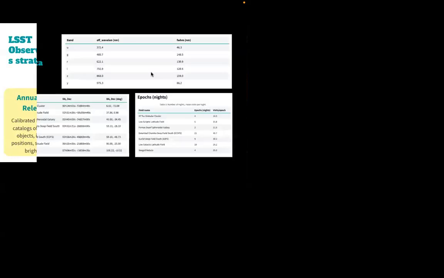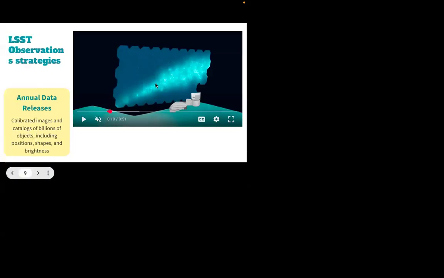So now, how is LSST going to observe the sky? Here you can see the different fields of view. As you can see, with one pointing of this telescope it will see one sky patch, and then it will go on to see the sky multiple times in the same visit.